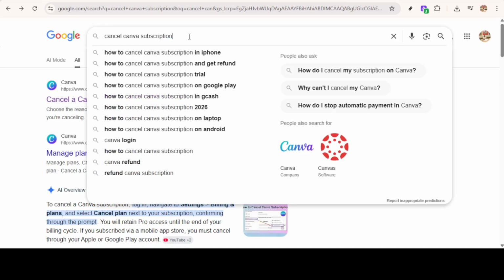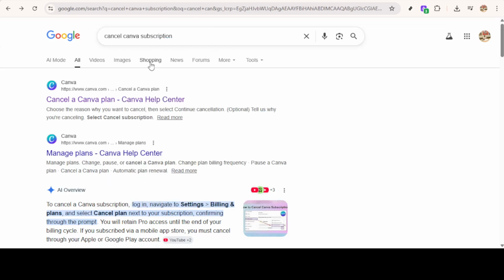Start by opening your web browser and heading to your favorite search engine. In the search bar, type the phrase "Cancel Canva subscription." This is the fastest way to land on Canva's official Help Center article about canceling a plan, without memorizing any